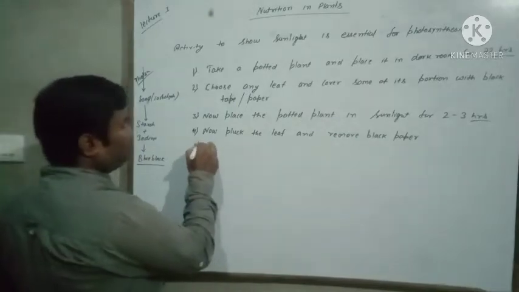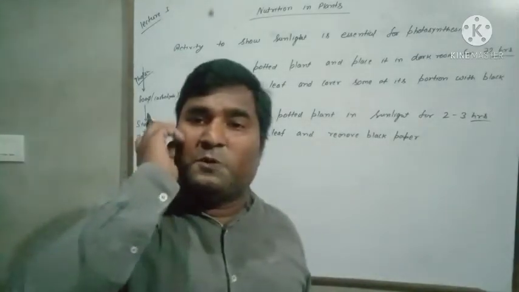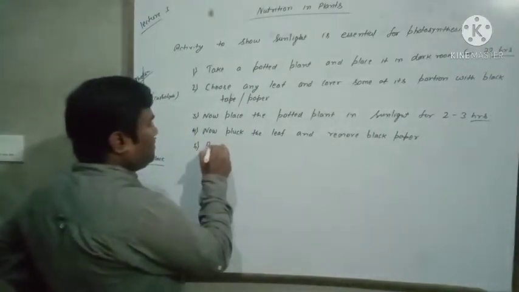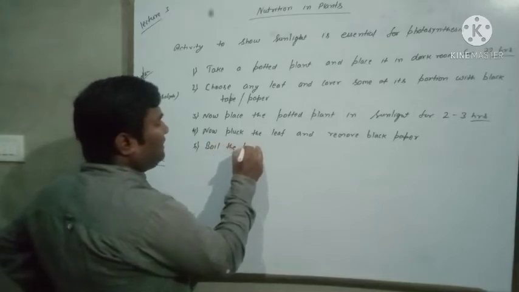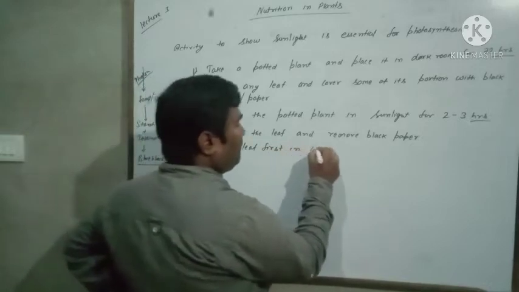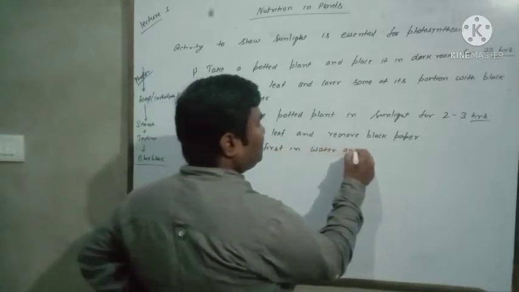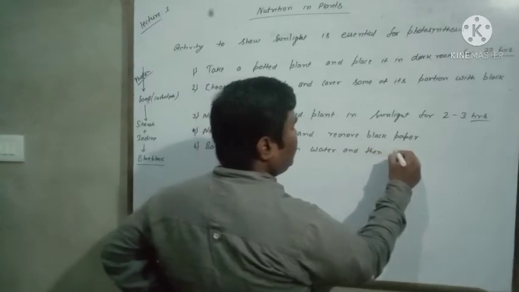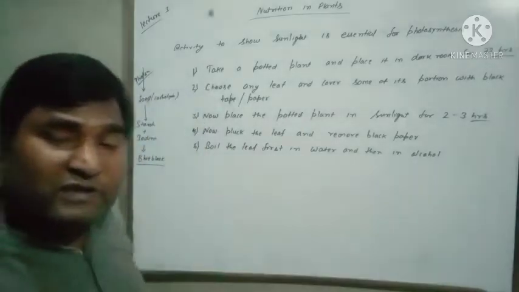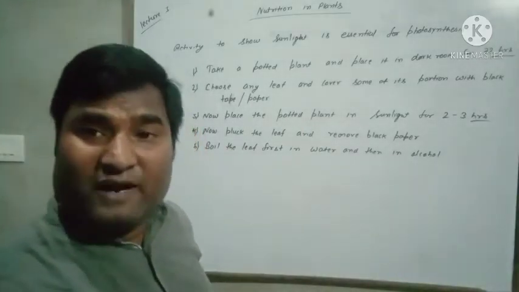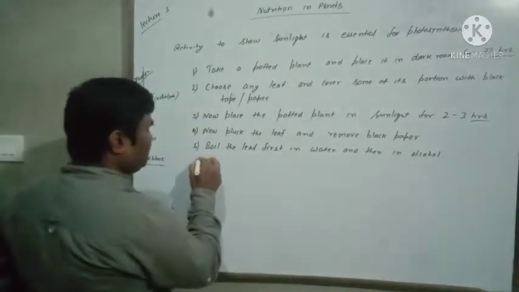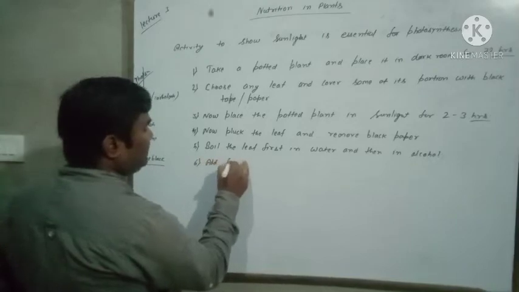Fifth point, means now you have to do the iodine test. Iodine test, you know, boil the leaf first in water and then in alcohol. अभी क्या करेंगे, उस लीफ को, that leaf is first boiled in water, after that this leaf is boiled in alcohol. Sixth point, add few